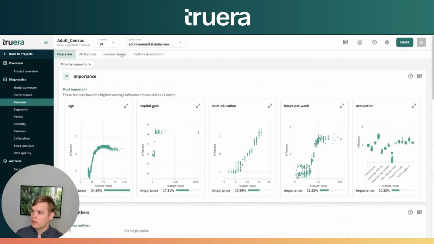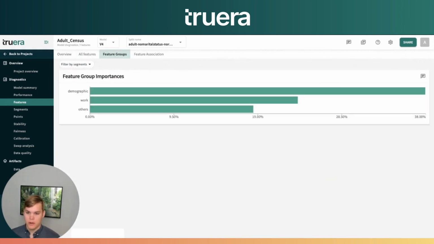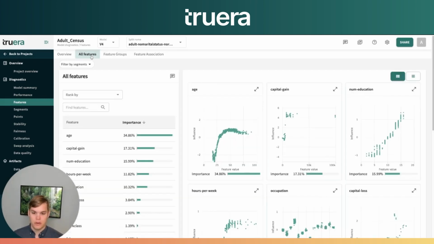Before looking further, we can quickly show the feature groups page, where you can see the model features are grouped into demographic features, those related to work or occupation, and others. This gives you a quick sense that the model is learning the most from demographic data. We can then go into the all features tab to learn more about the specific features used by this model. Shown on the left side of the tab, you can see a list of the features fed into the model sorted by their global importance. For this model and data split, age is the most important feature, followed by capital gain. By clicking on a given feature,